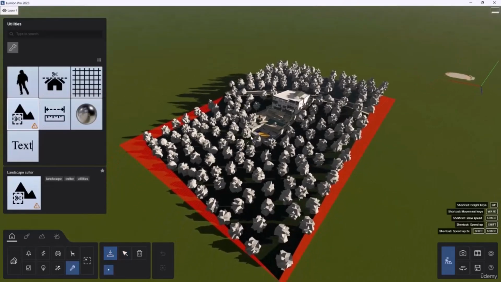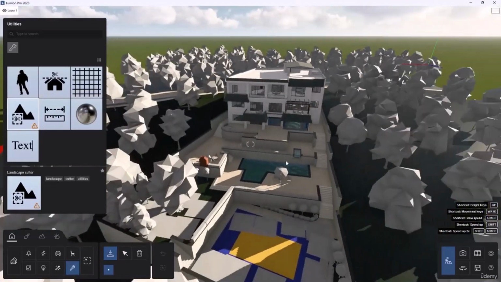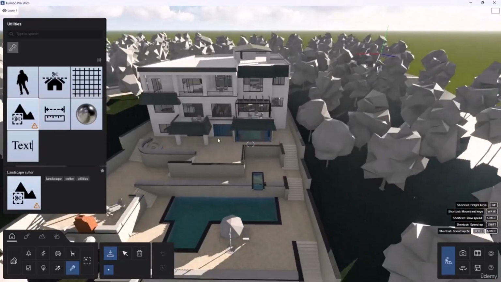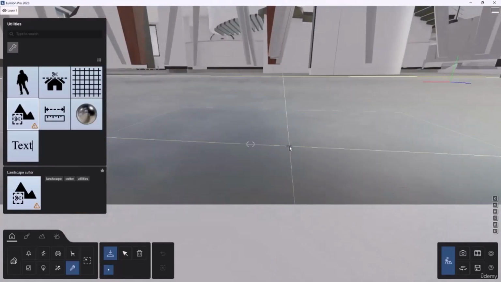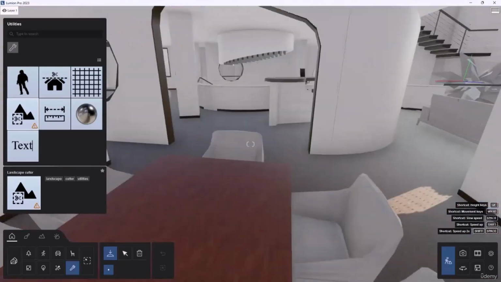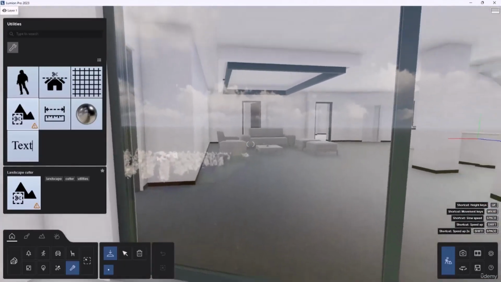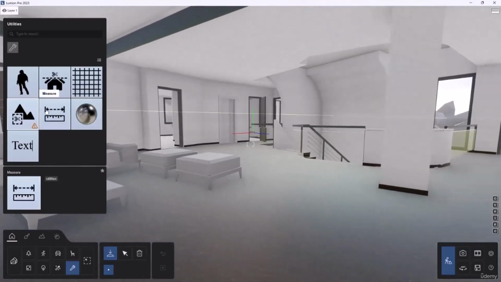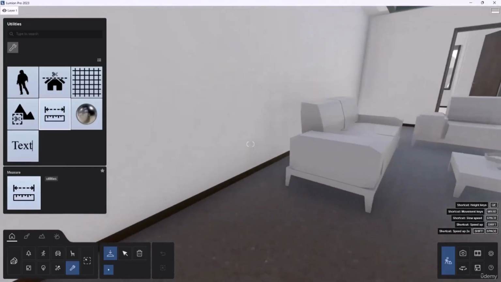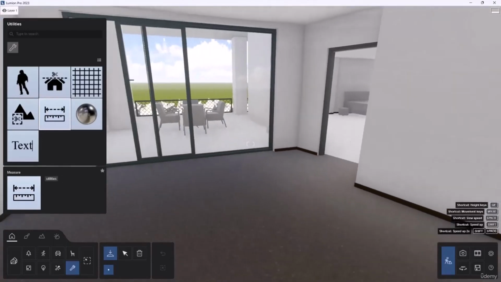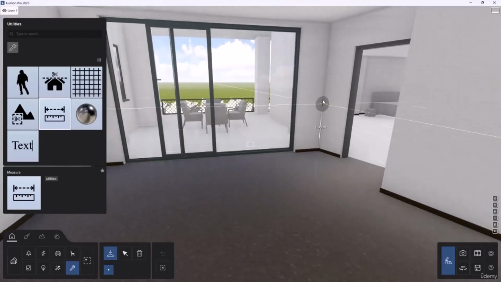Alright, let's get to the next part, which is measure. Let me zoom in. Let's go into our project and then show how it works. Okay, click on it, and for example, I'm gonna select this corner to this corner, and as you can see,